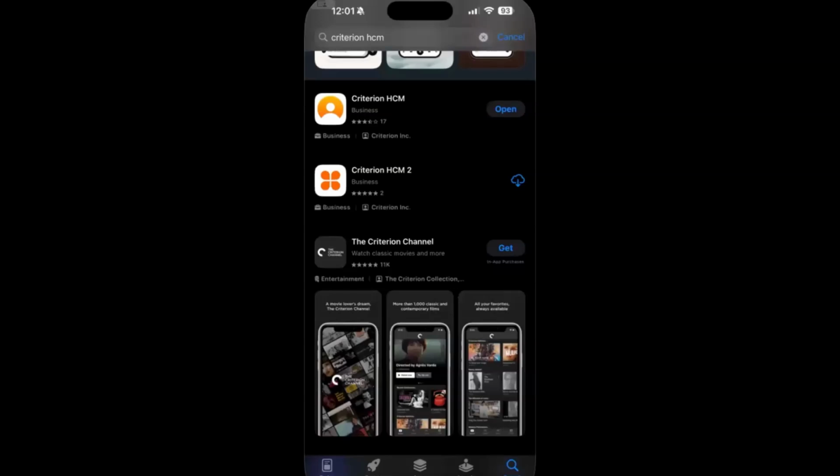So as you can see here, now I'm using an iPhone. It's going to be the same for an Android phone. We want to reiterate that. I'm searching in the iOS App Store, and you'll see I typed in Criterion HCM. The reason I do that is because you may be aware that there's Criterion as a movie channel. And so if you just type in Criterion, you're going to see a bunch of their things. So I always put in Criterion HCM, but you could search for Criterion and then scroll down and find ours